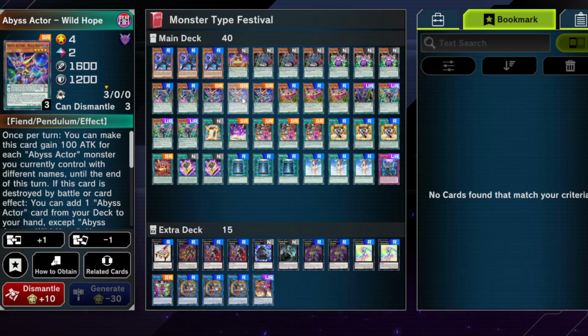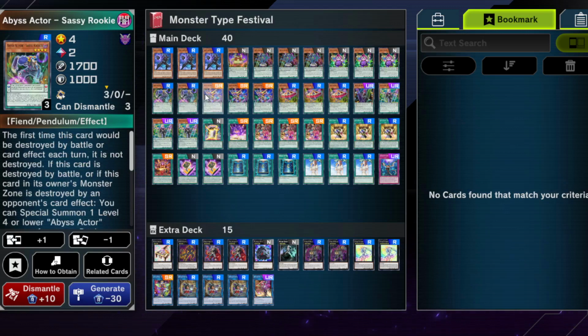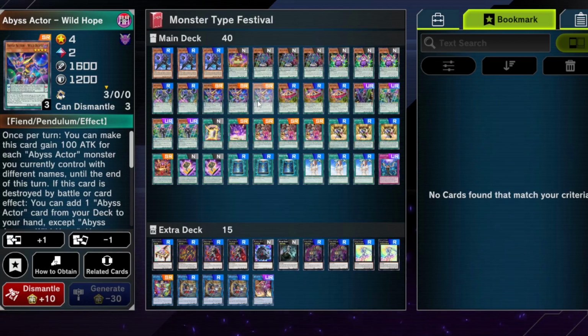If you want to be playing on a budget, fill them up with other Abyss Actor Level 4 monsters. You can play three Sassy Rookie and one of the other ones if you really want to. If you want to just try this deck out, it still works without it, but it works a lot less. You usually want to be searching this card, but